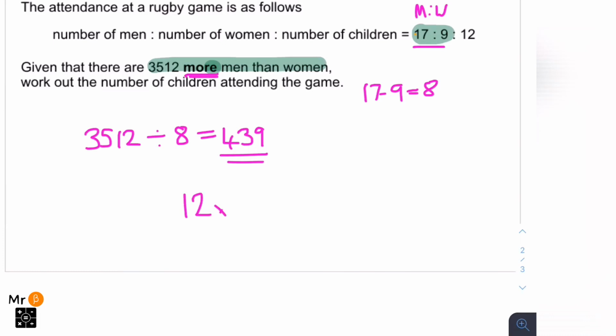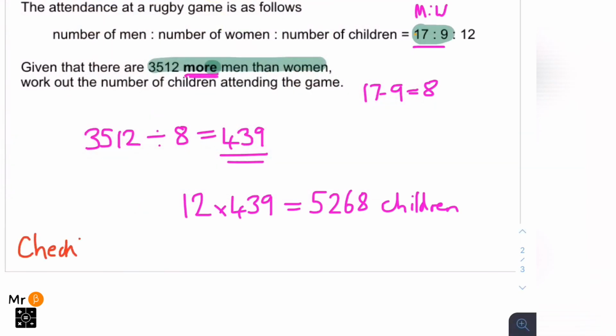Well, there are 12 boxes for children, and we know that's 439 in each one. So therefore, 12 times 439 is 5,628 children. Just to double check in your exam that you have got this correct, so to check, you could